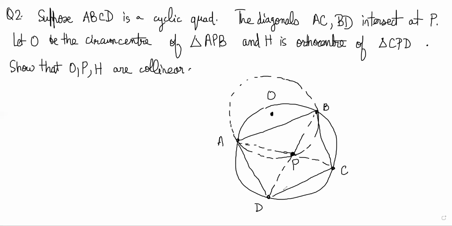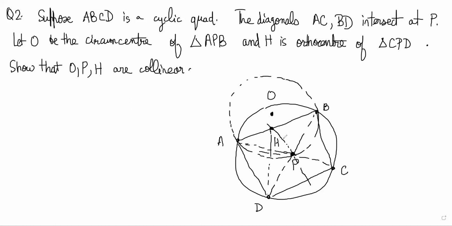And now CPD, there is an orthocenter to that. That is H point. So orthocenter to that can be drawn by drawing perpendicular like this and perpendicular from here one more side. So it will be somewhere here. So you will realize that orthocenter will be outside because perpendicular to this would be somewhere here and that will meet this somewhere here, right? So H will be somewhere outside here, H. We have to prove that O, P and H are collinear.